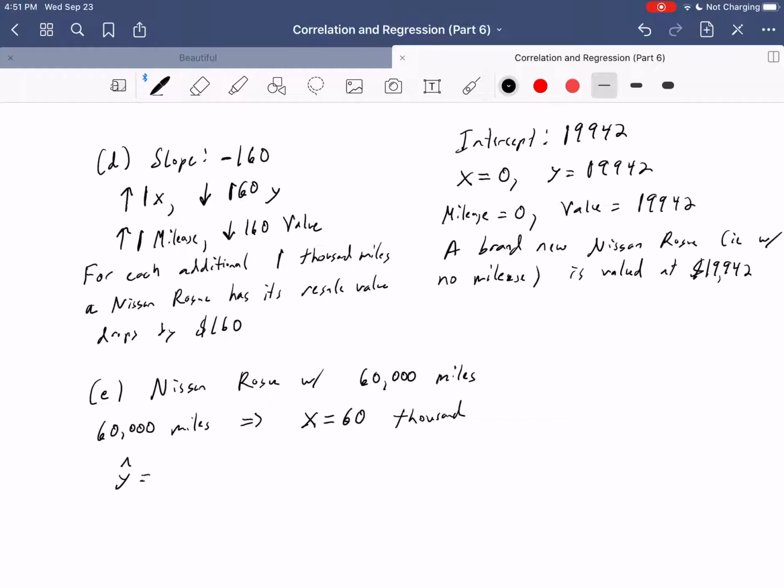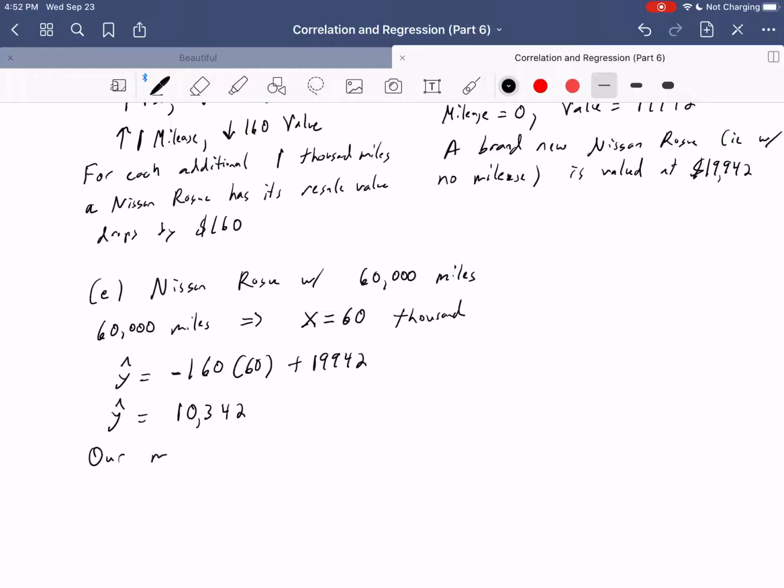Notice then that the predicted value is going to be negative 160 times that 60 plus 19,942. We can go ahead and calculate that. Negative 160 times 60 plus 19,942. You should get that this predicted y is about 10,342. So our model predicts a Nissan Rogue with 60,000 miles should be valued at